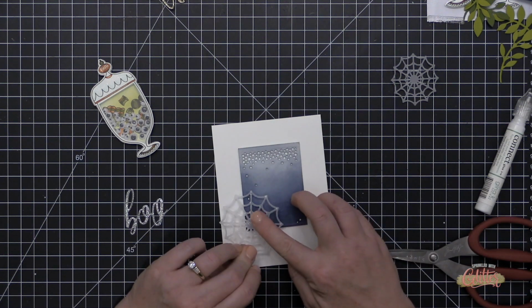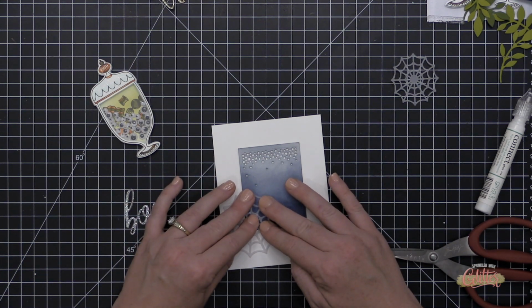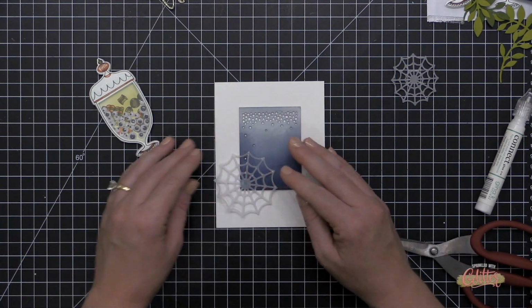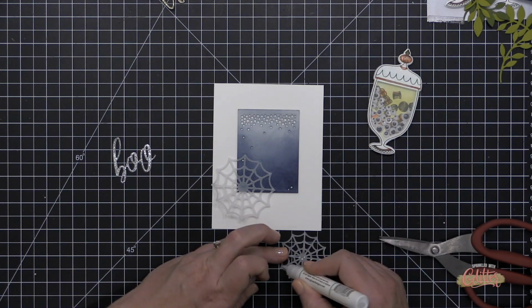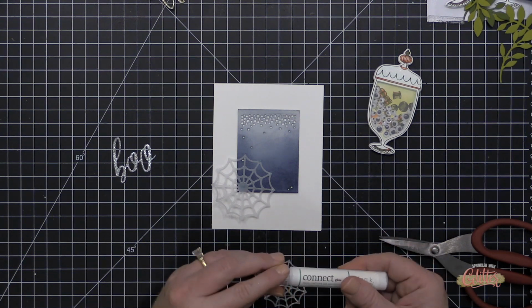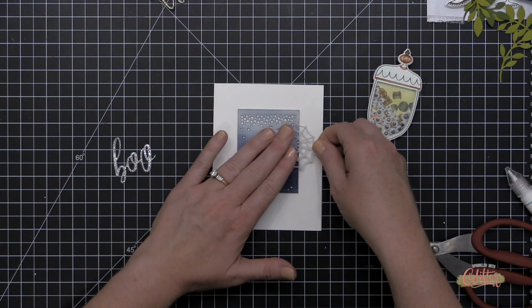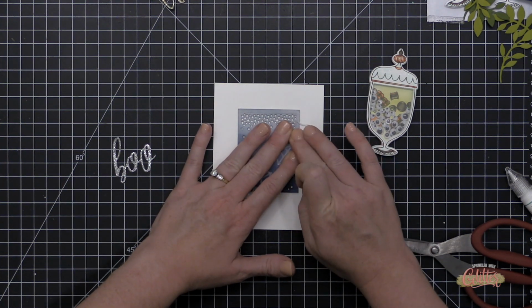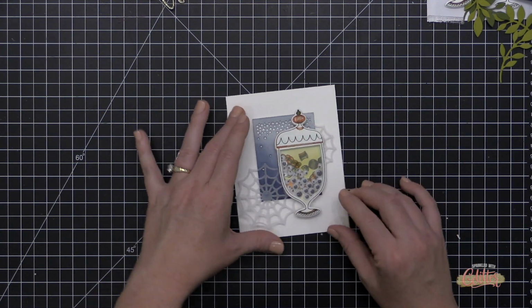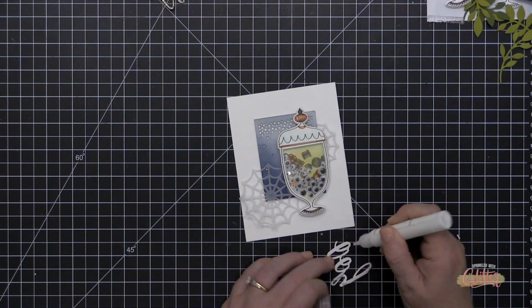I'm using my Gina K Connect adhesive to adhere these vellum spider webs onto this backer piece that I've created here. And I've also die cut some glitter cardstock using the brand new Treat, and Boo word dies that are also available from the Essentials by Ellen September 2019 release. So those are brand new for this month. These Spiderwebs are a part of August's release from the Essentials by Ellen line. So I'm kind of combining a bunch of releases here, but the main focal image is this adorable eyeball shaker